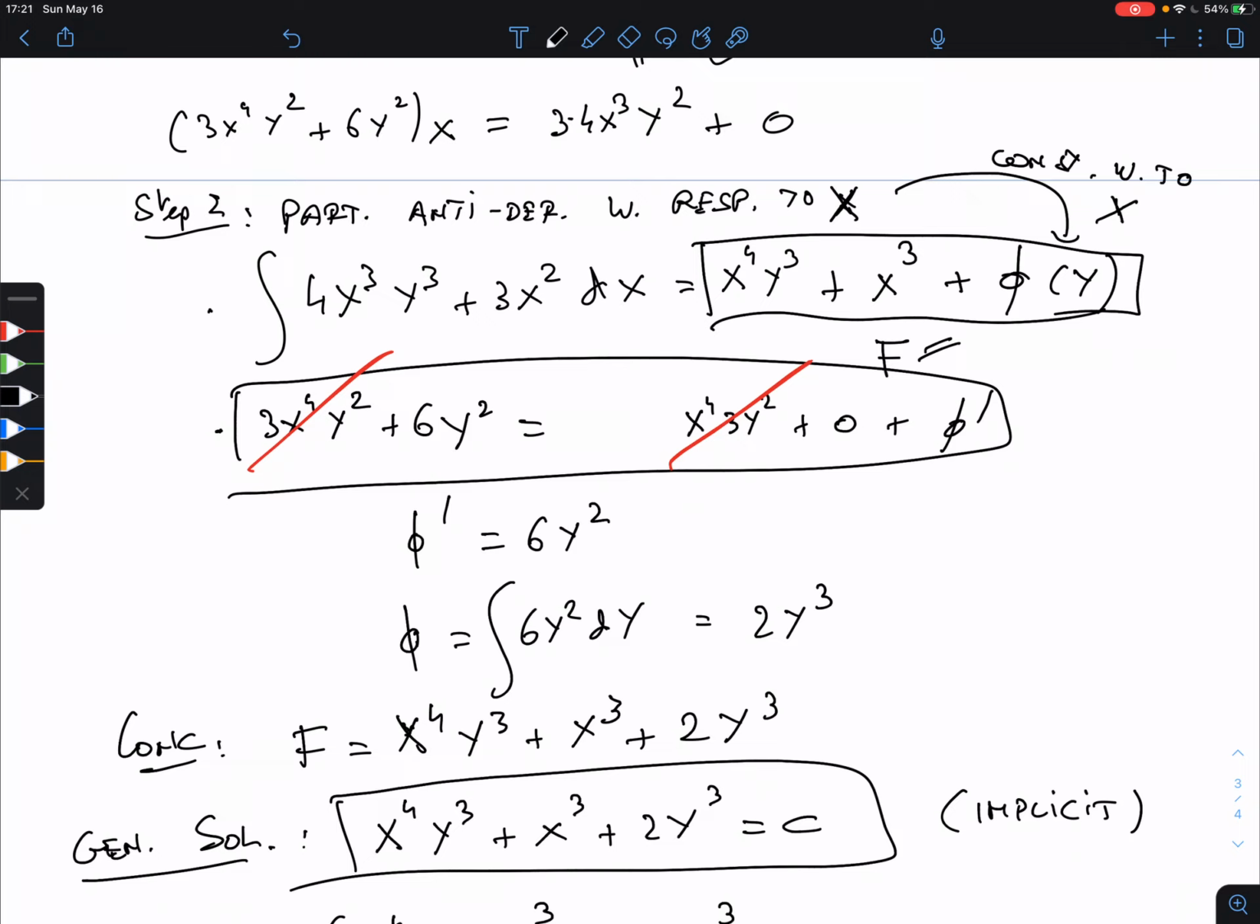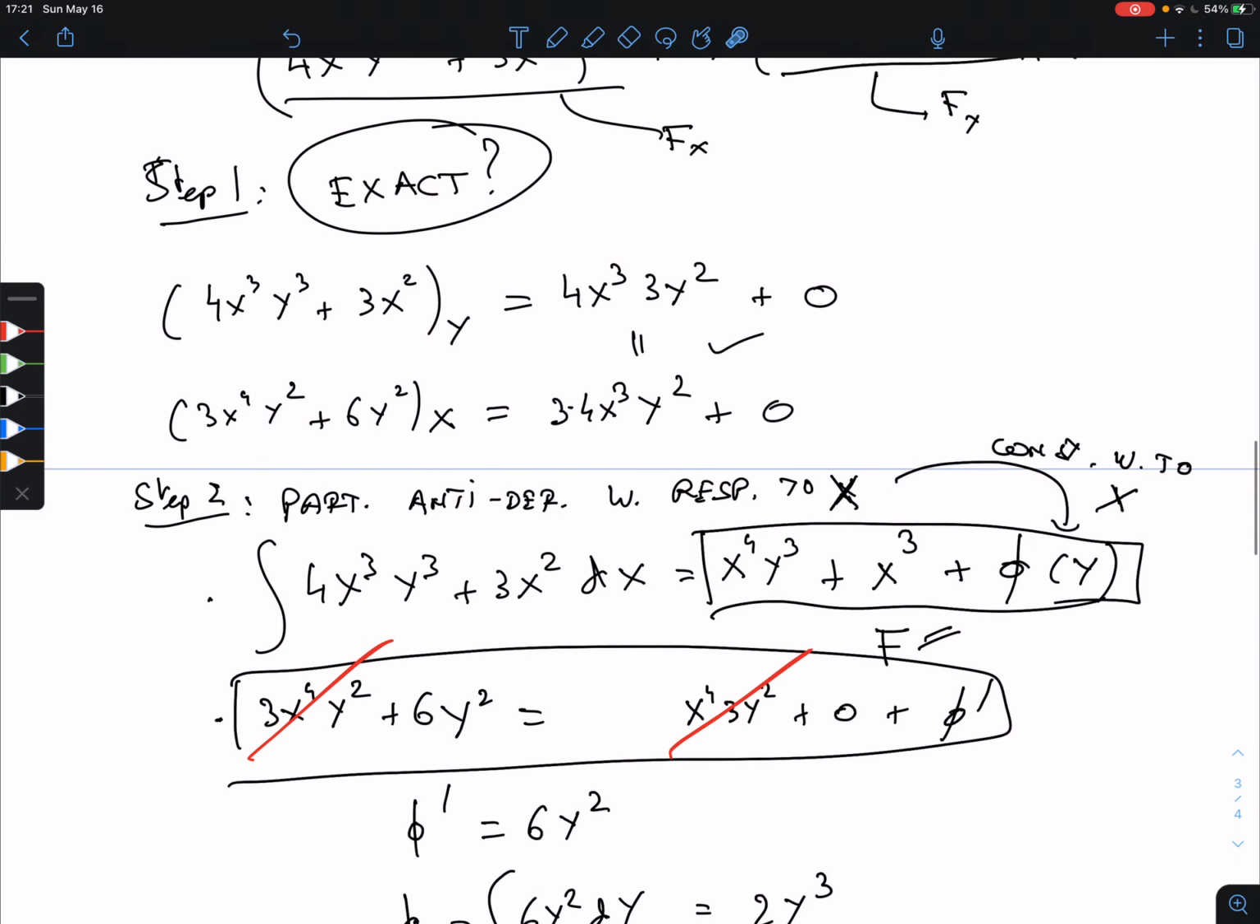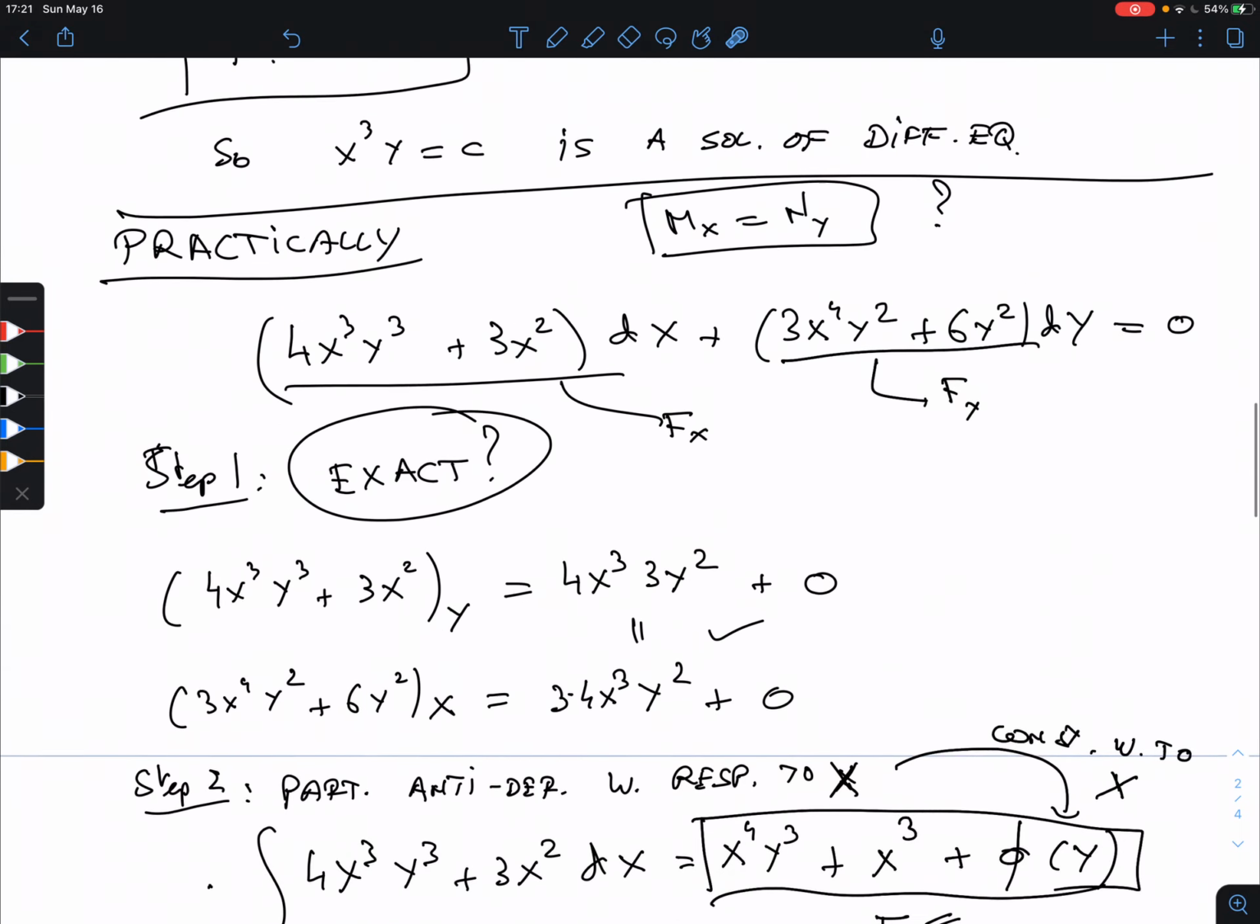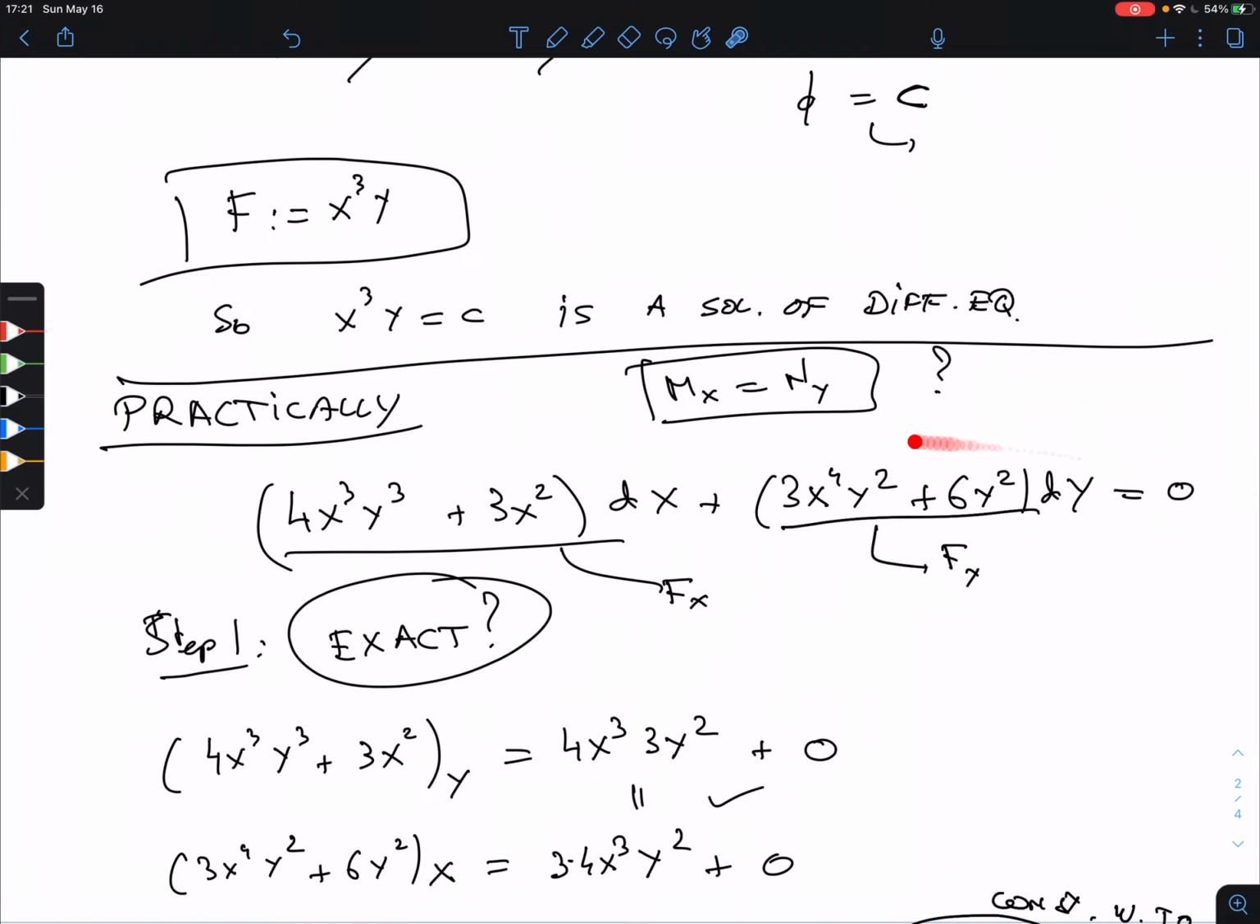So last thing I want to say is, this is only one way of doing it. Why? Because let's review what I did. A quick review of what needs to be done. They give you a differential equation. You have to first check that it's exact, and that means that you take the partial derivative with respect to y,